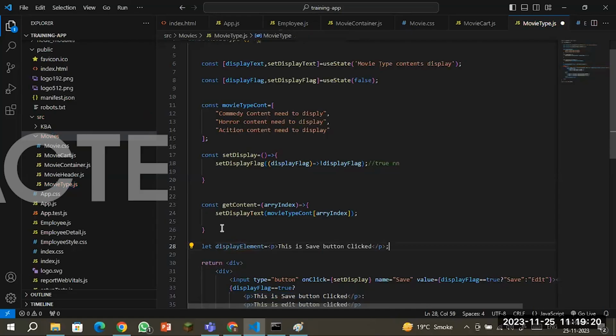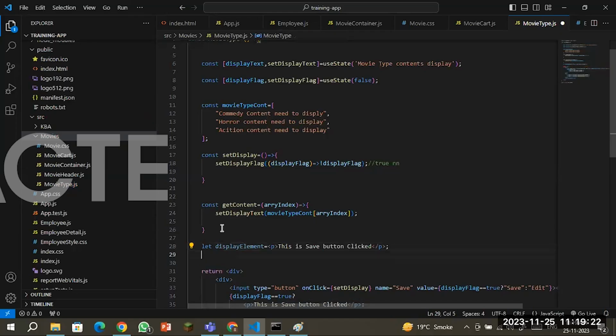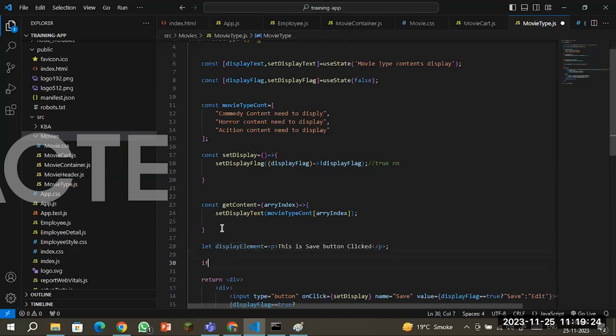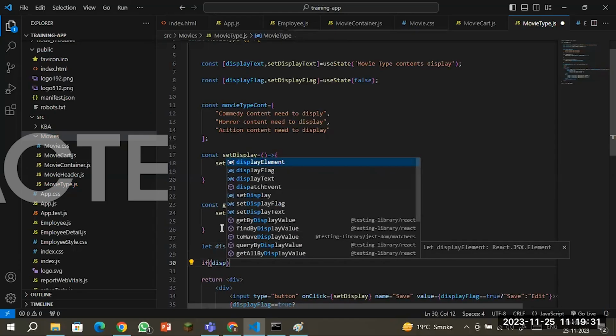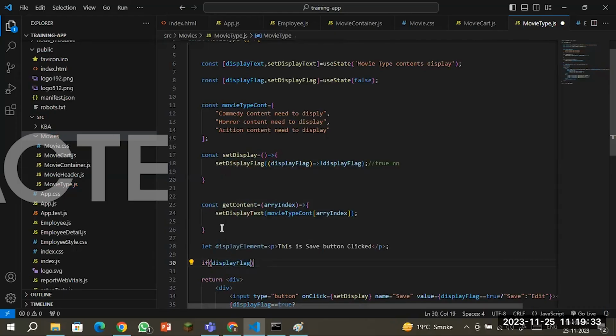This is my element. Okay, now I am using the if condition. In this if condition I am using the display flag. If display flag is true,